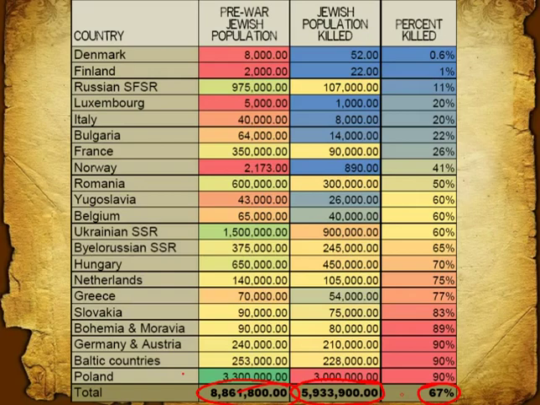And you can see in the numbers that are green over here, that means that's where the population was larger. So Poland, the Ukraine, and Russia, Romania,